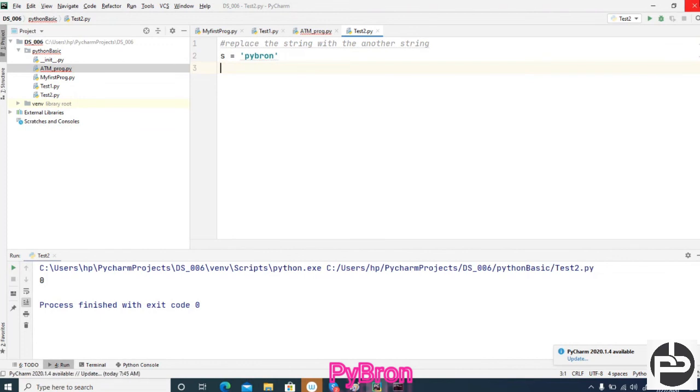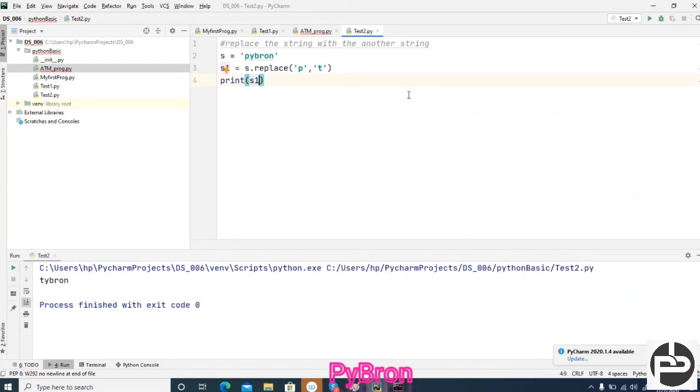S1 is equal to s.replace, and I am going to replace P with what? Not B, T, Tybron. And I am going to print S1. Tybron. Can you see this? If you want to replace any string with another string, then you can do it this way.